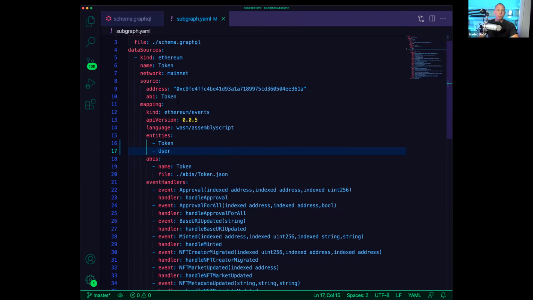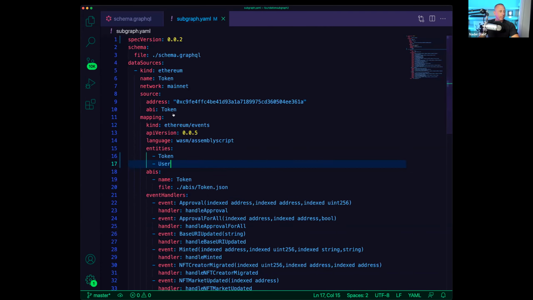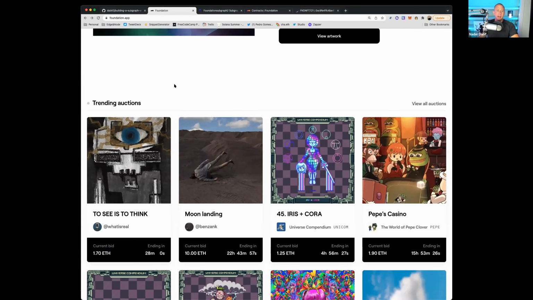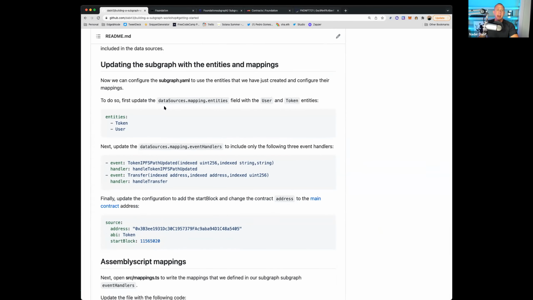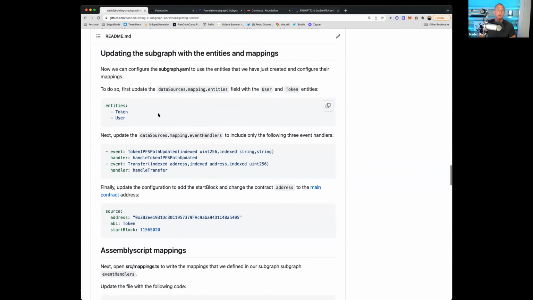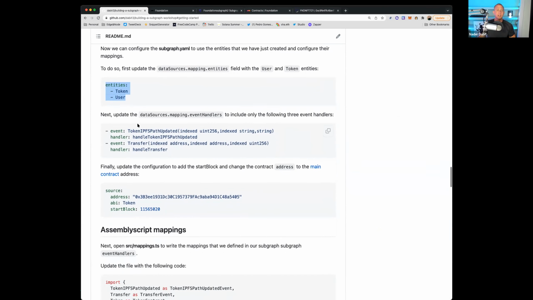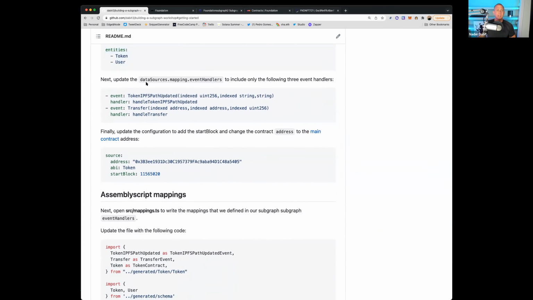The next thing we want to do is continue modifying our configuration. So we've done the entities of token and user. We now need to update our event handlers as well as our address and our start block. So let's jump down here, and we'll do the event handlers in just a moment. So